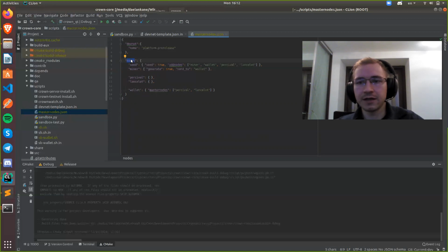In every sandbox, there must be at least 2 mandatory nodes. There is the seed node and the miner node. The structure of how these nodes are written here is